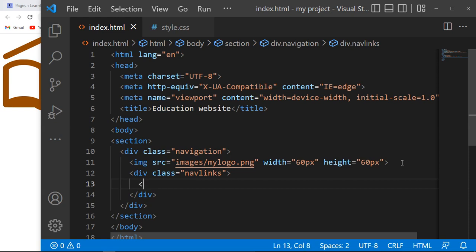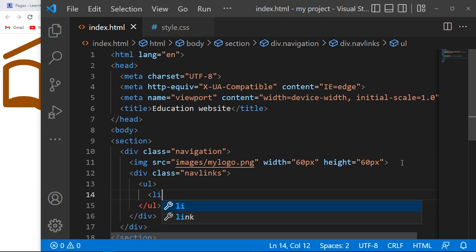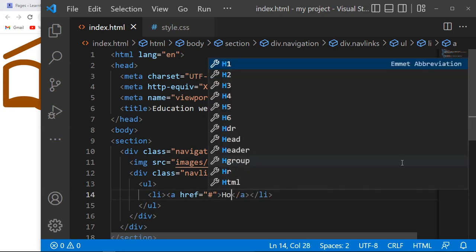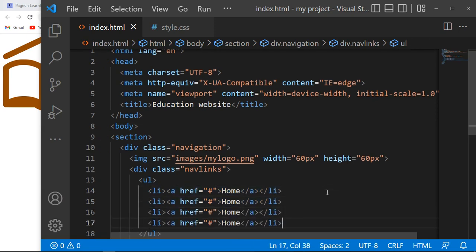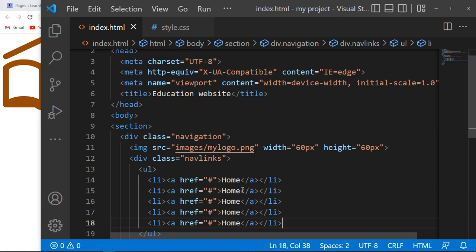Now at this point we can have the first one, and then you can just copy all this several times. Then you can have the last one there, and then you can just change